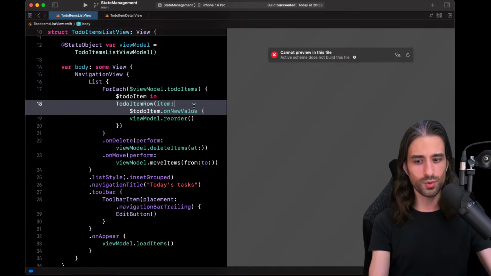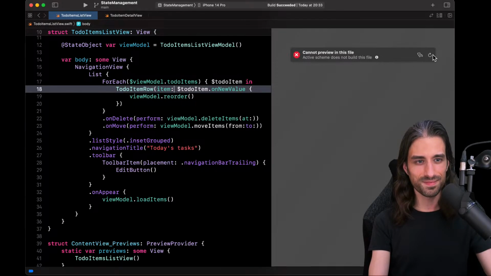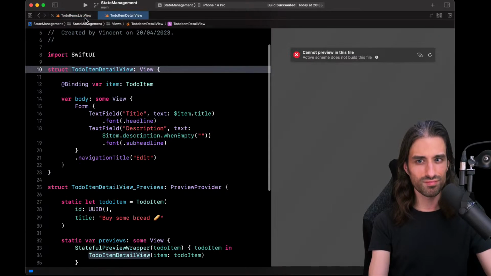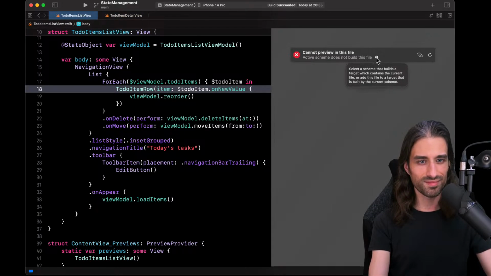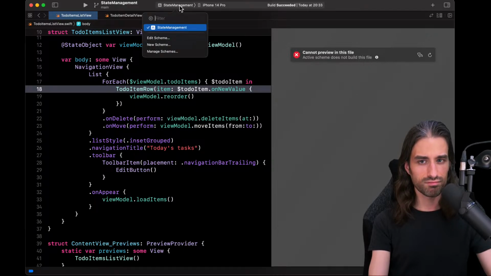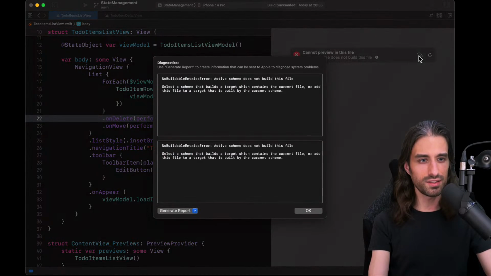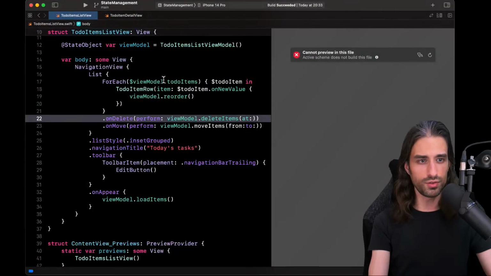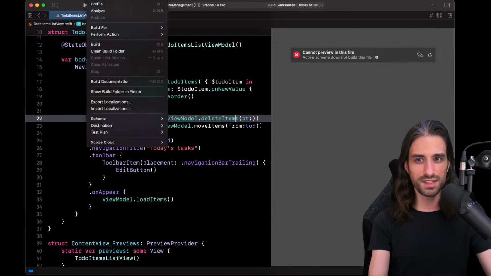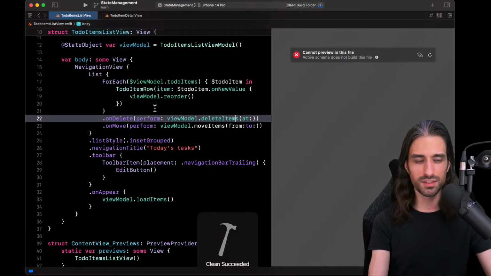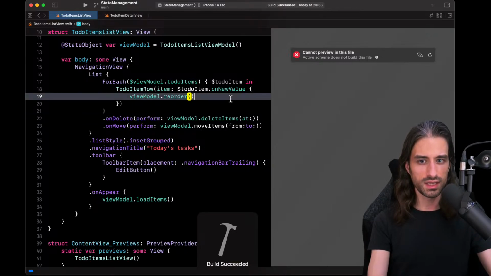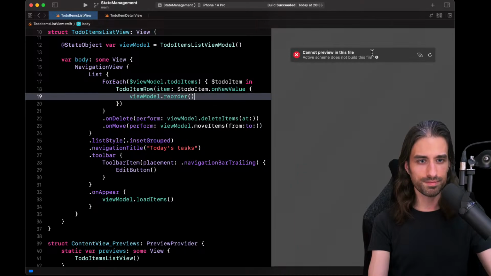Why is the preview not working? There is a scheme selected. I was lucky, in all the previous live streams I didn't have any issues with Xcode, and here it seems I am having issues with Xcode. Just trying to build again, because I would like this preview to work.